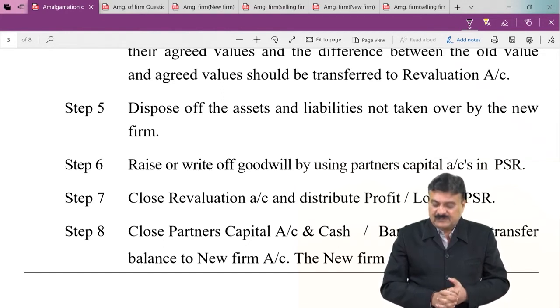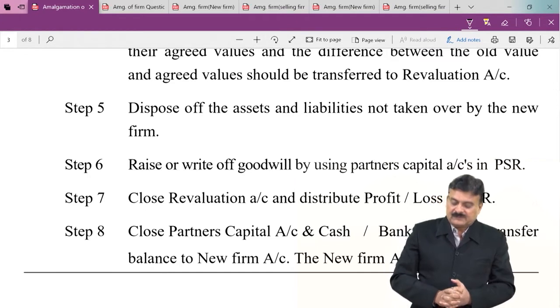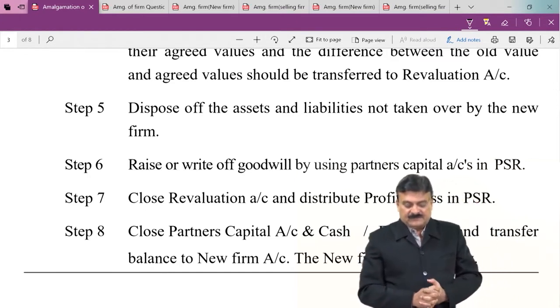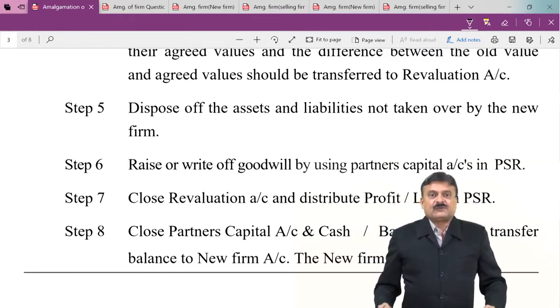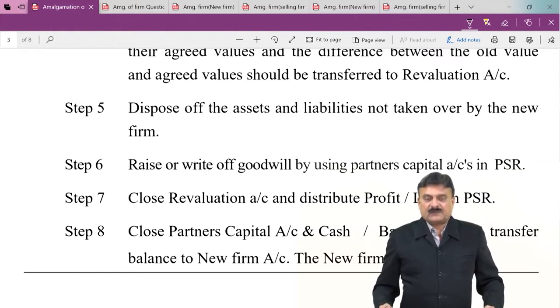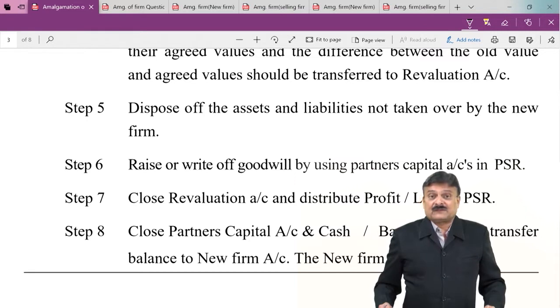Close revaluation account and distribute profits and loss in PSR. Close partners capital account and cash bank account and transfer balance to new firm account. The new firm account will tally. So this was the basics for revaluation account. Let us go ahead